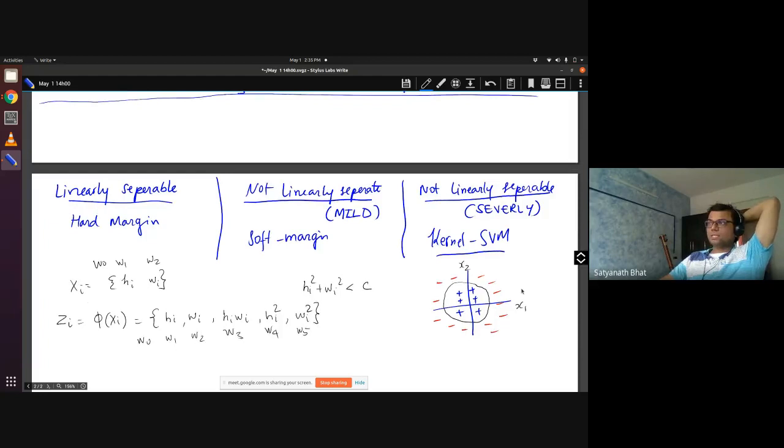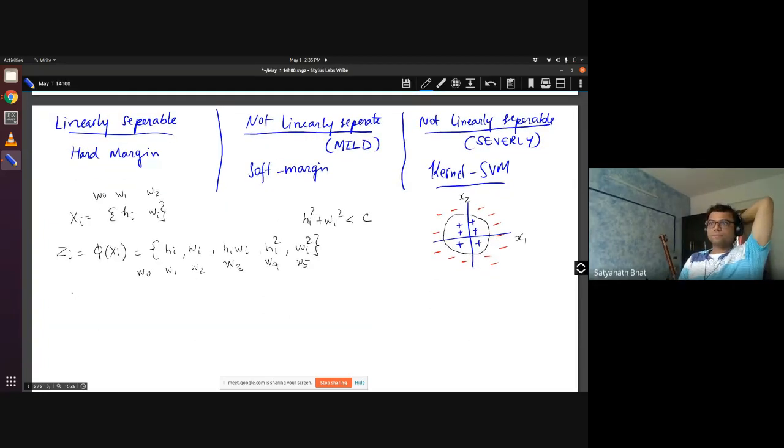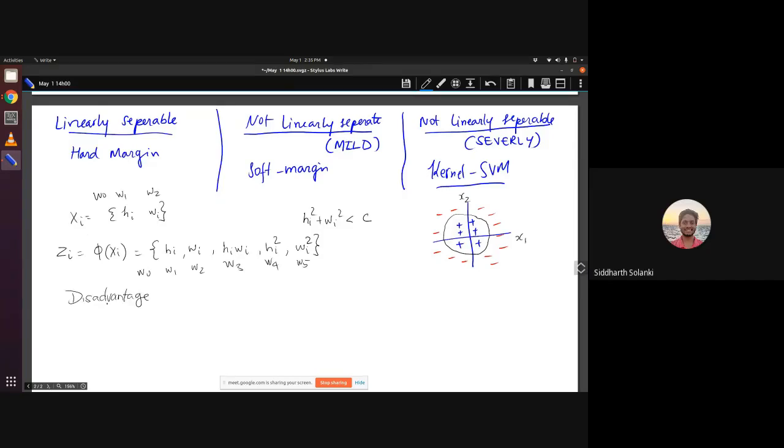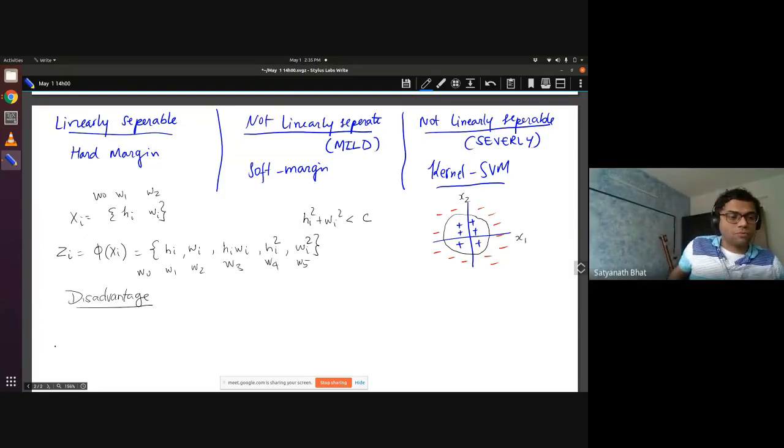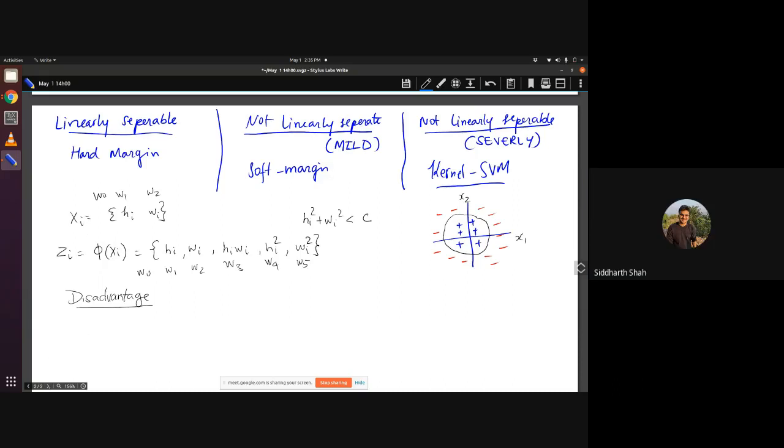Okay, so what is the disadvantage of this idea? We might not know beforehand what functions to include of the initial features. Yes, so that is, even before talking about whether we know or not, suppose even if I knew, there is still a disadvantage. What would be that? Sir, if we have in the original data a lot of dimensions, and also we want even higher degree terms, rather than just h square and w square, then it will blow up the feature vector.